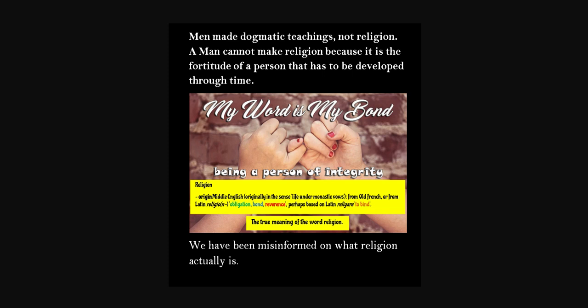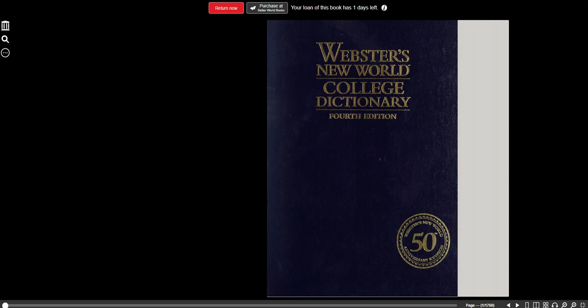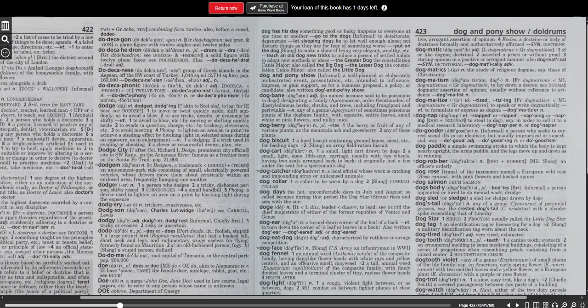Because what's a dogma? This is the correct word that they should be using in place of religion, because they're not talking about religion. I would never say that. That's crazy. I ain't committed to nothing. You can't trust me. My words are no good. I'm not dedicated to anything. I have no discipline. Don't trust me, because I'll come to work one day, but that don't mean I'm going to be there the next day.